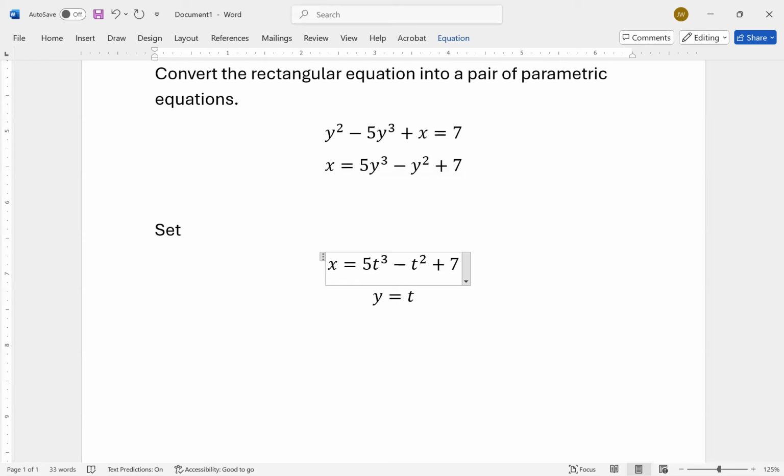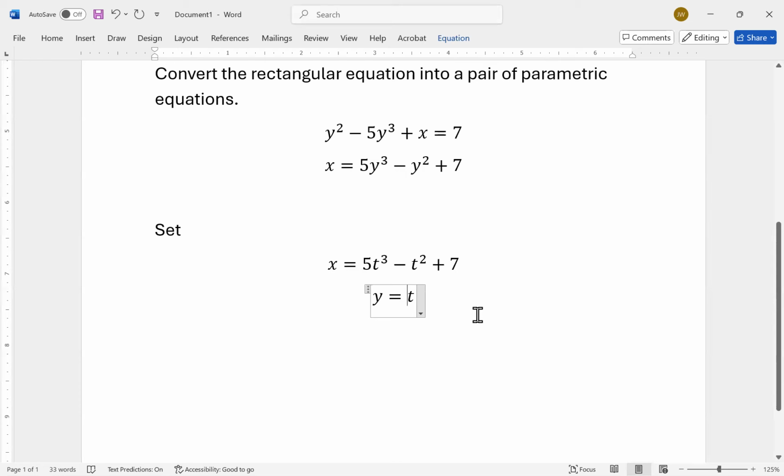So x equals 5t to the third minus t squared plus 7, and y equals t as my pair of parametric equations. And that's it. That's the whole thing. Obviously, you could have used anything you wanted for y, any expression with t,